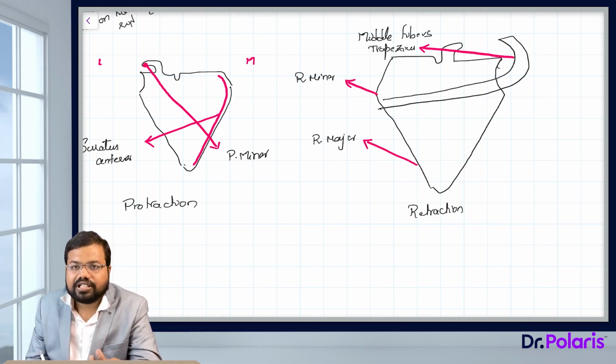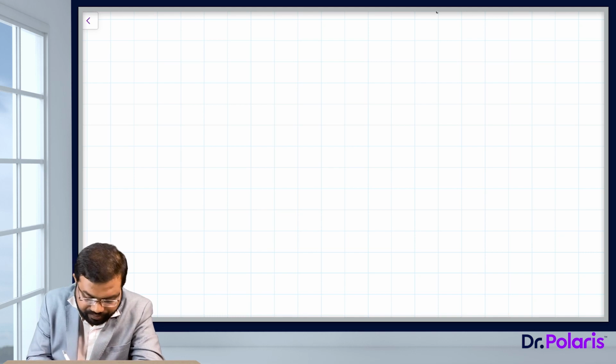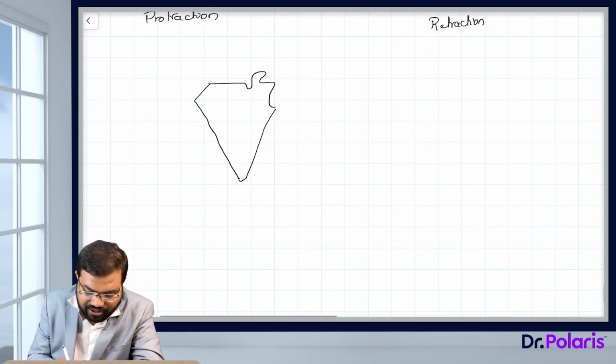This is the protraction and retraction muscles. This is the first set of movement, the protraction and retraction. The second set of movement is elevation and depression. Again, the posterior view of the scapula. Which fibers will cause elevation is,